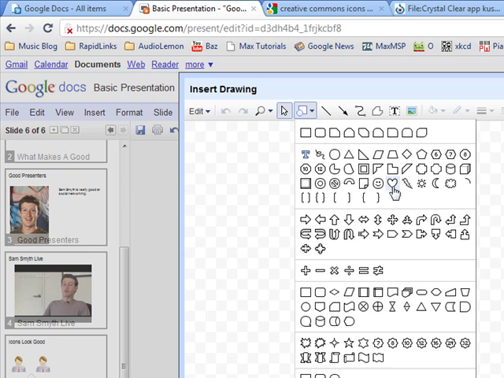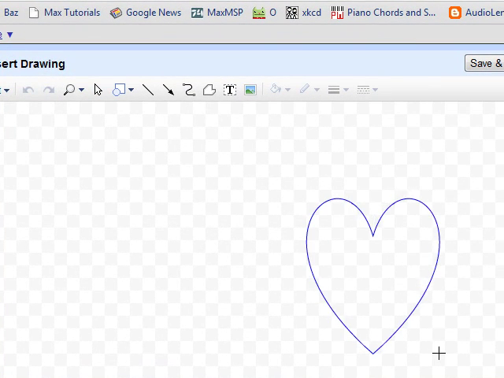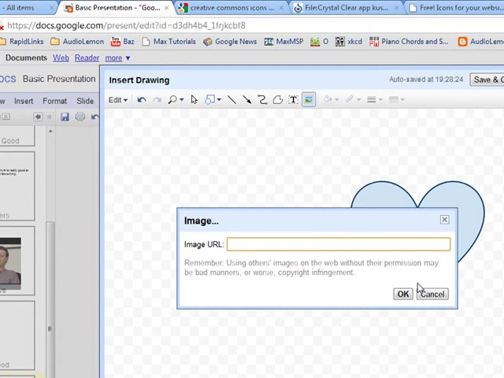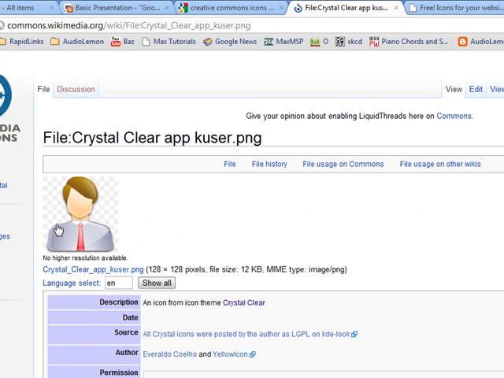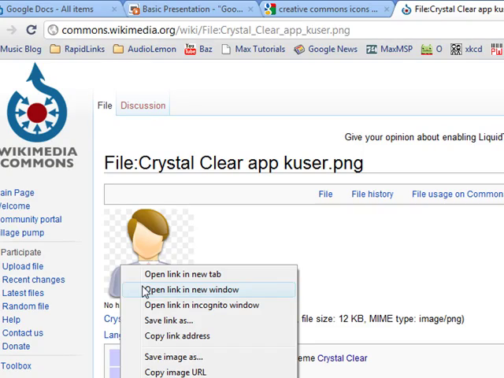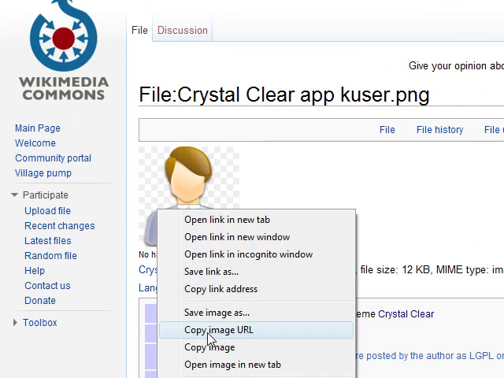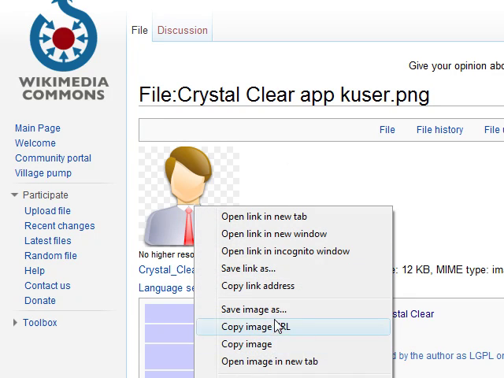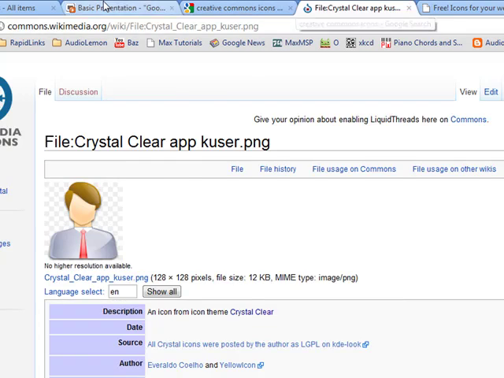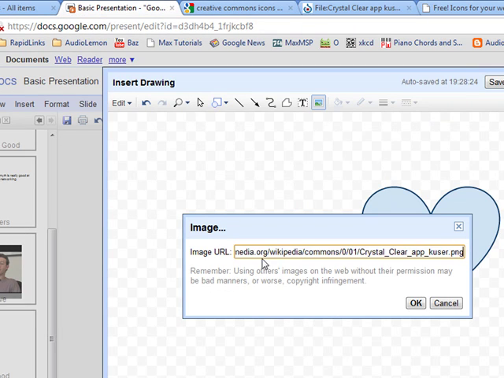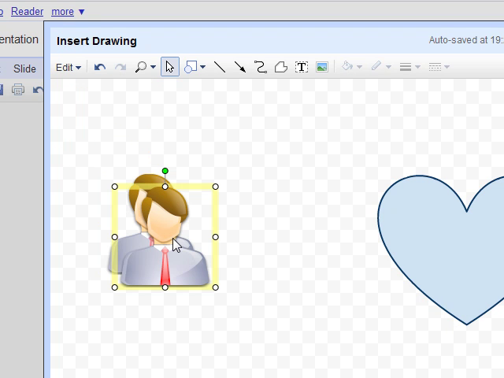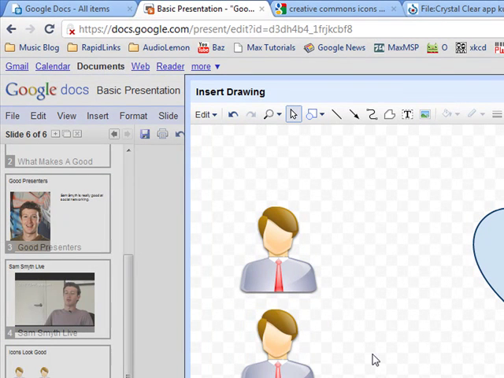So I'm just going to introduce a love heart, or draw a love heart, and I'm going to upload my it wants an image URL. Well, I have an image URL, so I'll just right click this, and I can say copy image URL. You see that? If I just right click on an image and go copy image URL, and then if I go back to my presenter and I Control V, paste in that URL. There we go. Simple as that. Control D to duplicate two of them, and